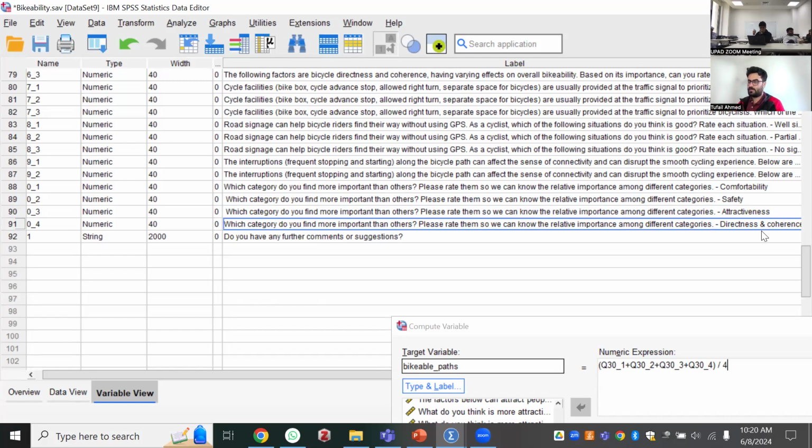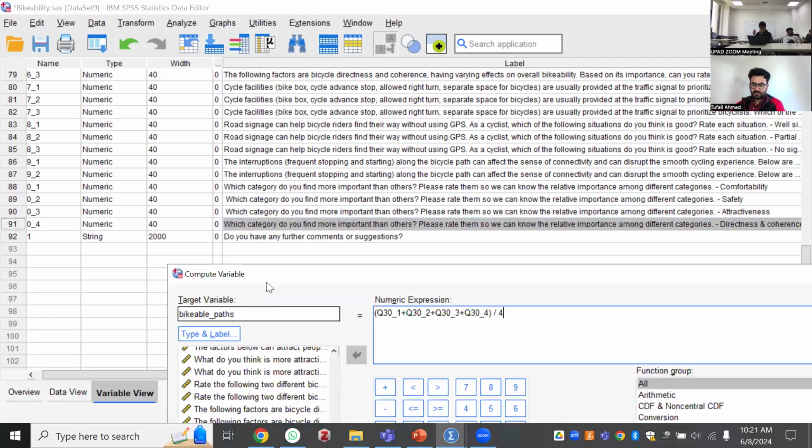Now he answered me 4 questions. He ranked 4 components of the bicycle path, and he gave me the numbers. But now I want to merge all these 4 questions into one. I want to add another variable in my data, and I want to take the average. Average means that the number will tell me the overall response of Muhammad about the bicycle path.